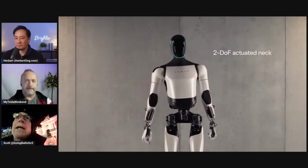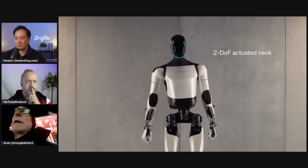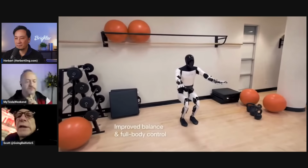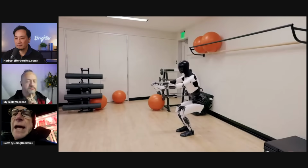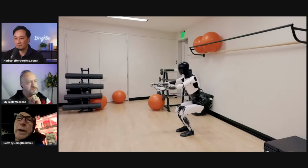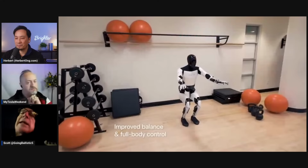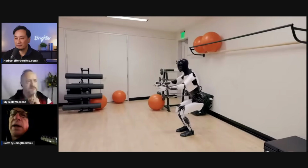was able to squat. And one of the questions I had about that squatting is, was it taught that? Was it shown that? Or did it just sort of figure it out that as it tries to go down and do that, it's losing its balance, and the only way to keep itself from losing the balance is to put its arms forward. So it's maybe figuring that out itself. That could be like an emergent behavior that comes from whatever control system they're using to make sure it doesn't